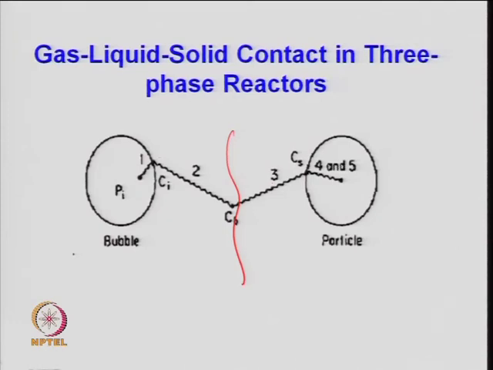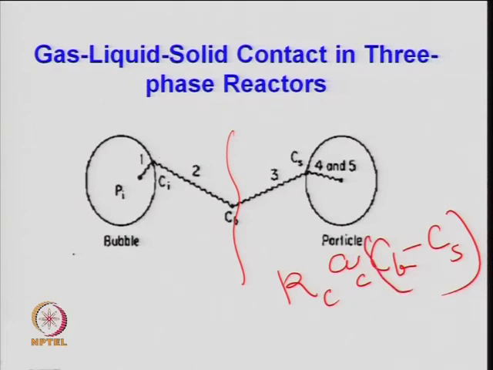So, basically here again you have an expression related to some mass transfer coefficient for this solid, times the surface area of the solid per unit mass of the catalyst or per unit volume of the catalyst, times the concentration difference which is Cb minus Cs, which you have already read in mass transfer problems. So, this is the number of moles transported from here to the surface of the solid, and then this will diffuse inside, that is steps 4 and 5 which are written here, diffusion and chemical reaction. So, again you need an effectiveness factor for this pellet, and then the kinetics of the reaction. So, we will talk on that.